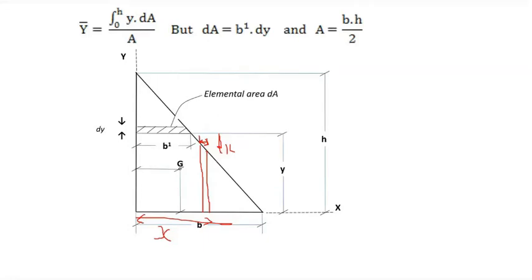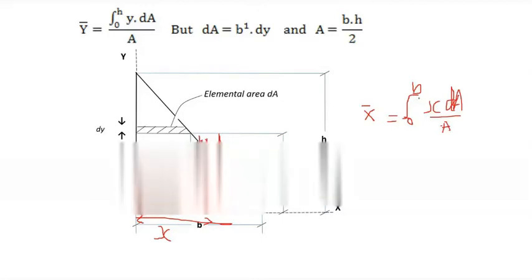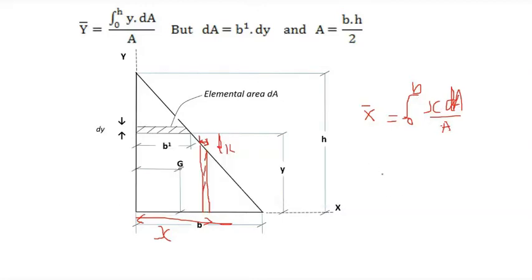So you need to consider a similar principle. That's nothing but x bar is equal to the integration from 0 to b of x into dA divided by A. You should consider that formula, apply it, and simplify. Actually, it will vary from 0 to b, right? The equation will be x into dA divided by capital A. You should apply this formula, integrate it, and simplify. You will get the value of x bar, definitely, equal to b by 3.